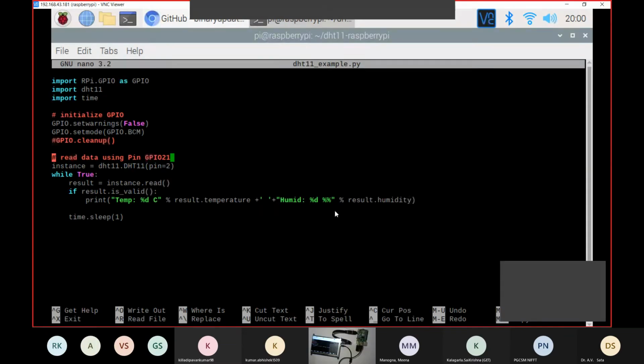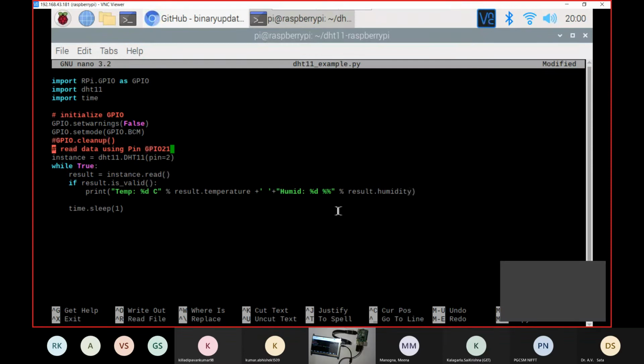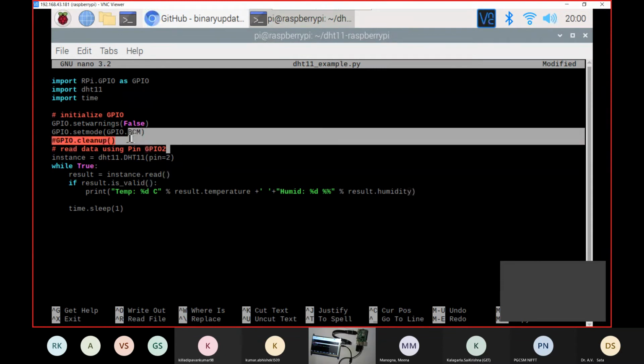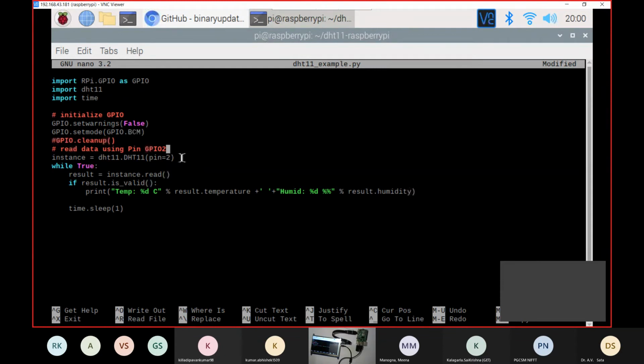So yes, I will be doing changes over there. So we are using GPIO2. Then there is this instance. We are defining instance as our function. Instance equals to